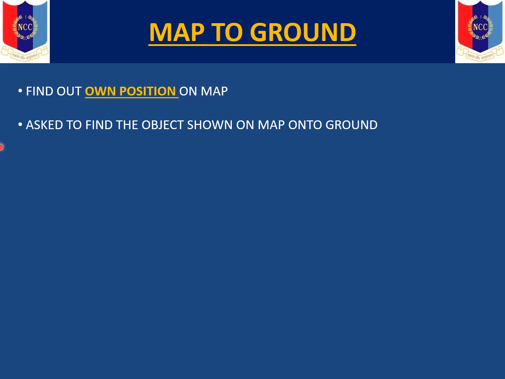Now in the practical test of map reading, you will be required to show a landmark which is depicted on the map and identify the same object on the ground. So there are various steps involved in it. We'll go one by one. The first step would be to find your own position, which we have found out in the previous slide, and the instructor there or invigilator there will tell a landmark on the map. You have to depict the same or show the same landmark physically on the ground. So what are the steps involved?